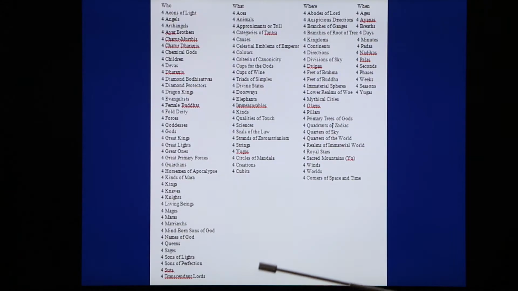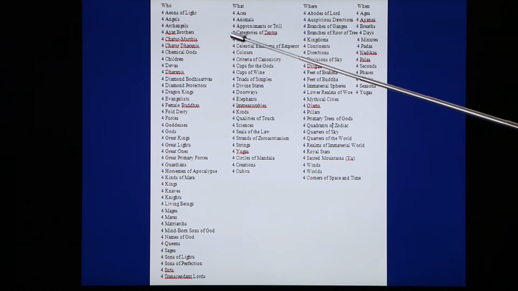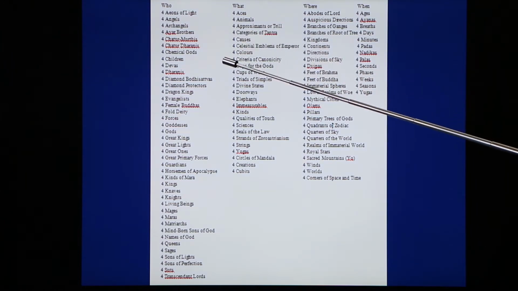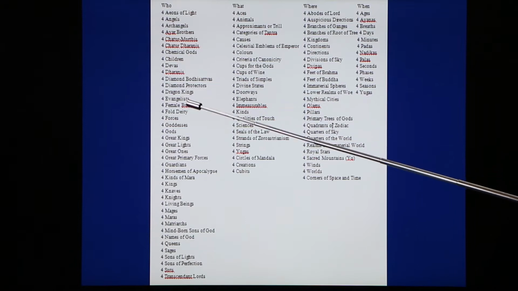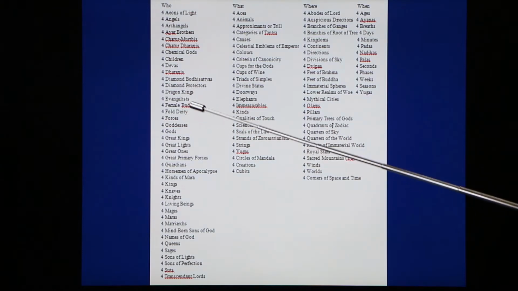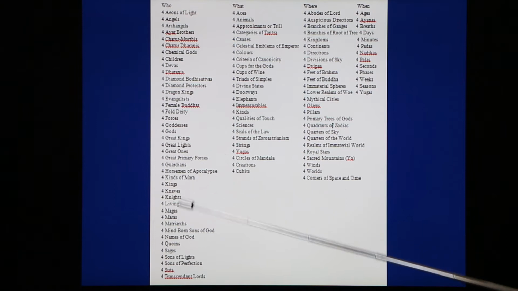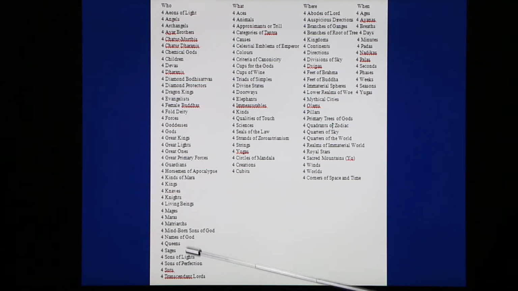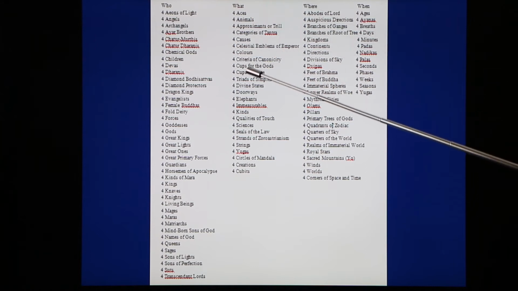And the same with 4. Again, there's no sense in reading all of this. I will just mention some of them. So the 4 archangels, the 4 chemical gods, the 4 devas, the 4 dragon kings, the 4 evangelists, the 4 forces, the 4 mages, the 4 matriarchs, the 4 names of God, the 4 sons of light, the 4 sons of perfection, the 4 aces, the 4 animals,